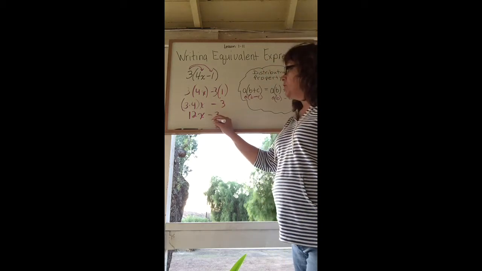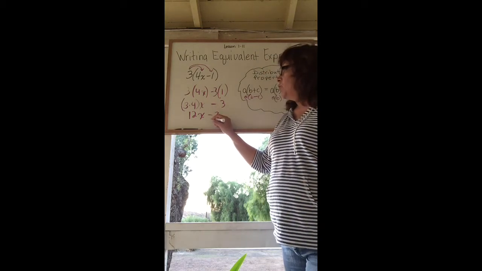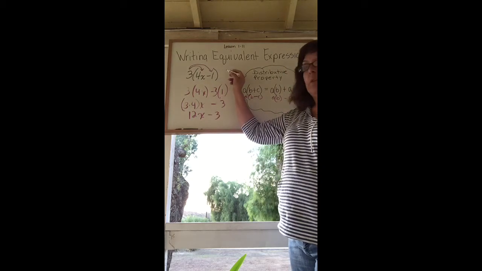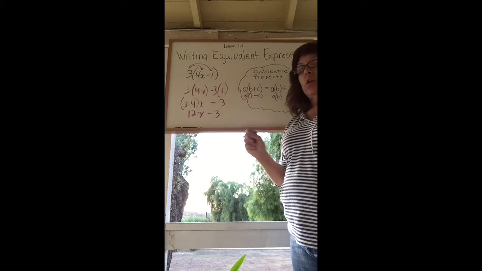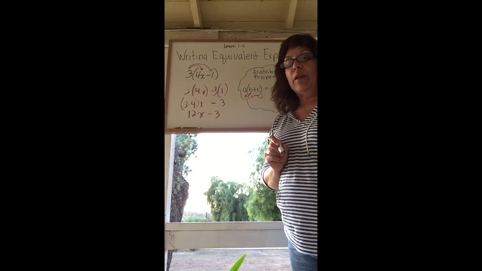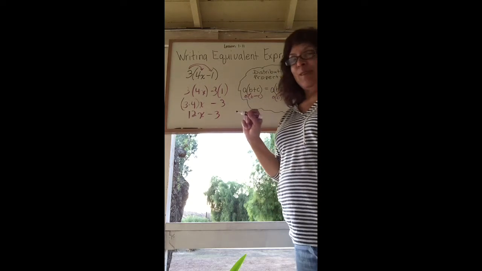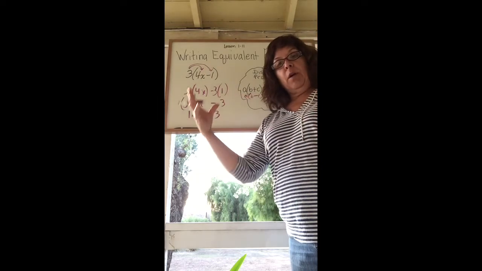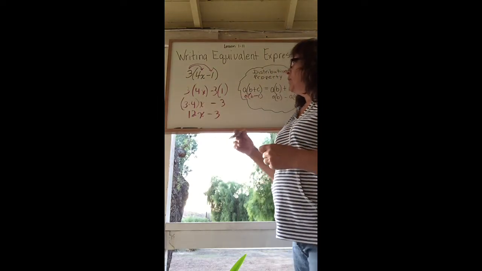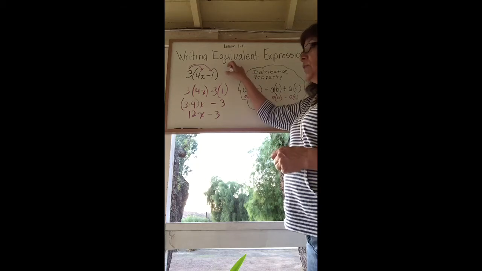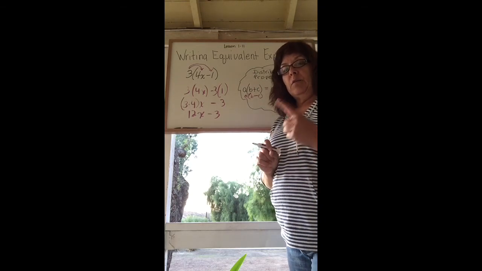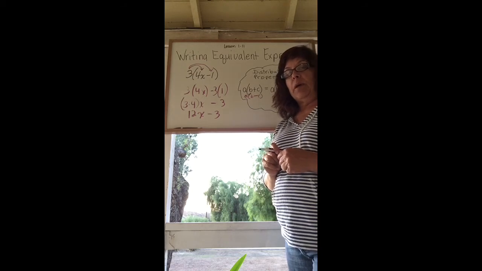And that expression, 12x minus 3, is equal to this expression up here. You might not look at it and believe me at first, but it is, okay? And that's what we're going to be doing, taking our expressions apart and then putting them back together to come up with equivalent expressions. I'm going to give you a few minutes to replay this or to think about this,